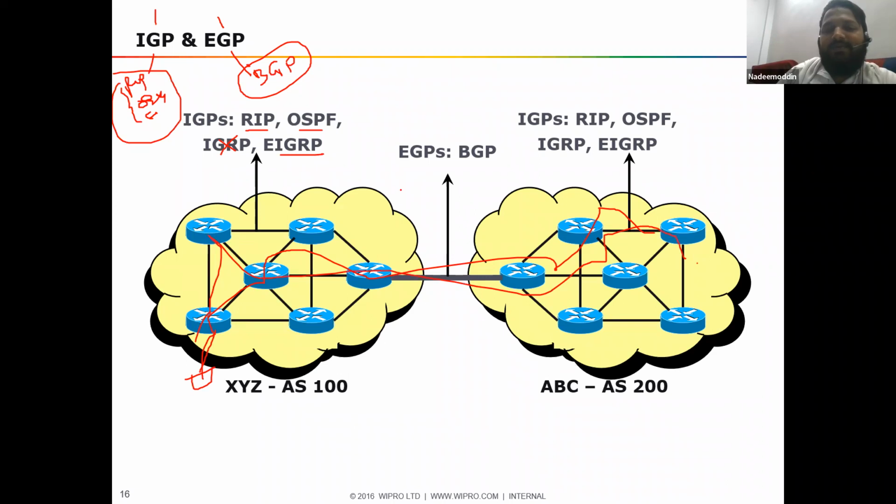Between two different autonomous systems, the BGP protocol works, which is a very heavy protocol. There is a separate paper for it in the Cisco BGP specialist track. All the ISPs use BGP, but in our infrastructure offices we generally use interior gateway protocols: either RIP, OSPF, or EIGRP. The ISPs use BGP.